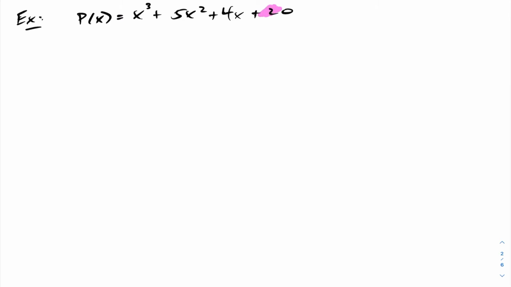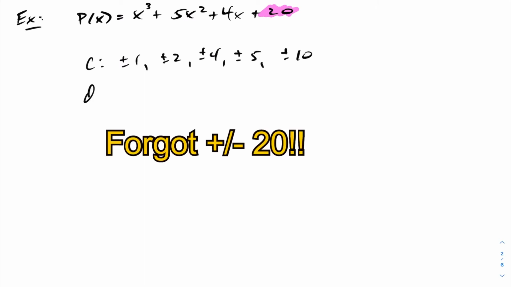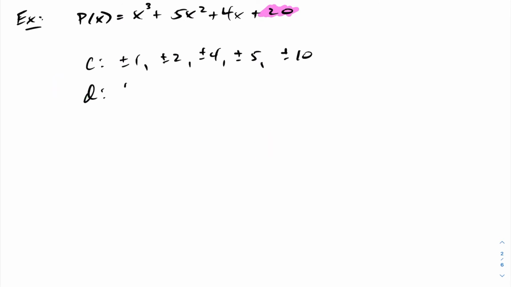We have here a constant term of 20. So using the rational root test, our C value is going to be all the factors of our constant term. In this case, it'll be plus or minus 1, plus or minus 2, plus or minus 4, plus or minus 5, plus or minus 10. Our D value here will be all factors of our leading coefficient, which will just be plus or minus 1. So therefore, using the rational root test, a complete list of possible roots for our polynomial here will be,